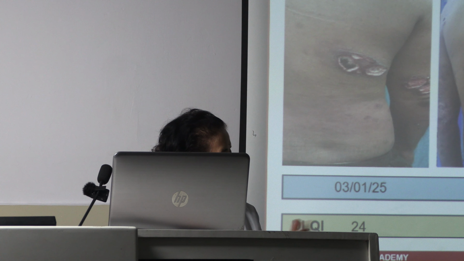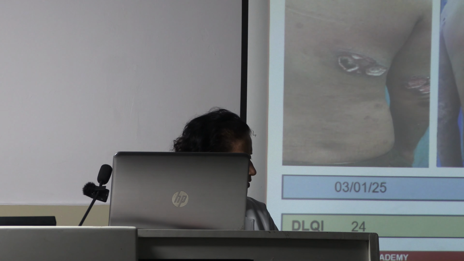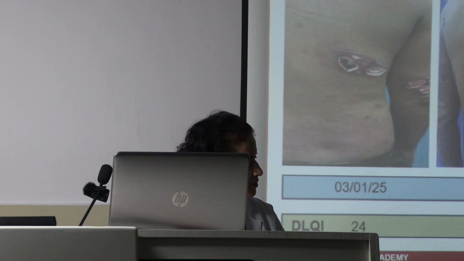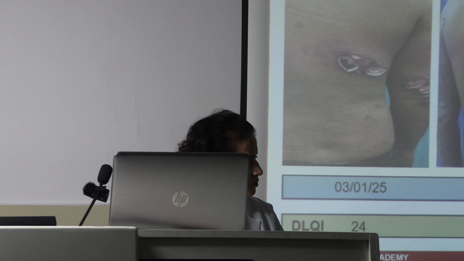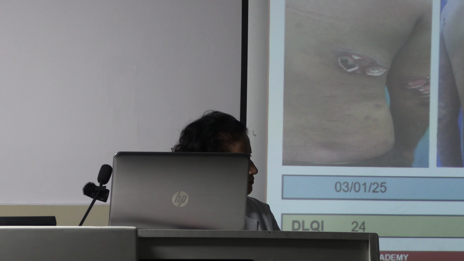The rest of the thing, I think, in the management was, one is this PPD which is given. Usually it reacts when there is already some kind of mycobacterial infection has occurred. I don't know what kind of immune response it will give, which will be protective to the host. But BCG has been found to be very effective, one, in preventing leprosy. This is one vaccine which has been tried for leprosy, and several meta-analyses have shown that it gives 20 to 30% protection to the contacts, like even in household contacts.